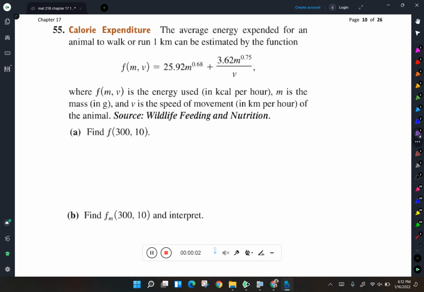Okay, so welcome back to part 3 of section 17.2. We're taking partial derivatives. Here we have another example. There's a bunch of words on it, but we can go ahead and see what it's looking at here. Let's see. The problem reads,